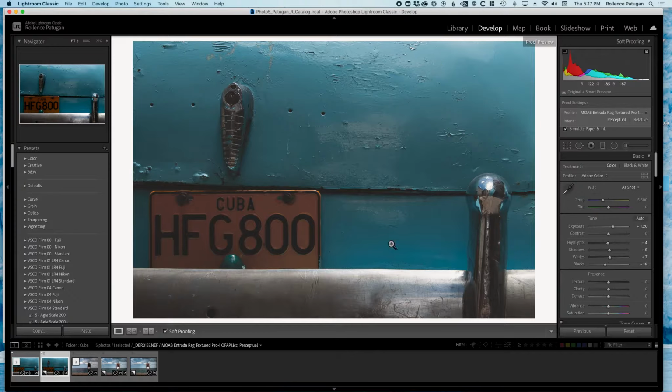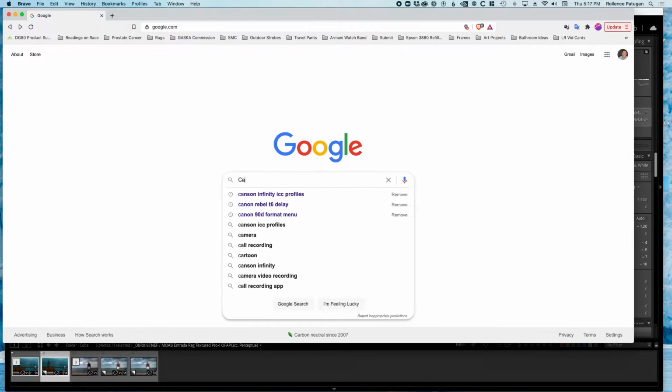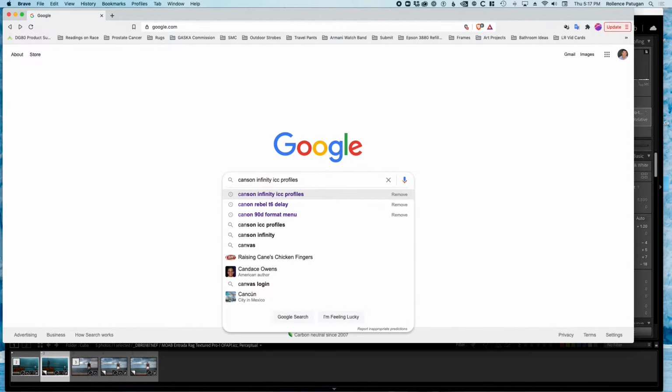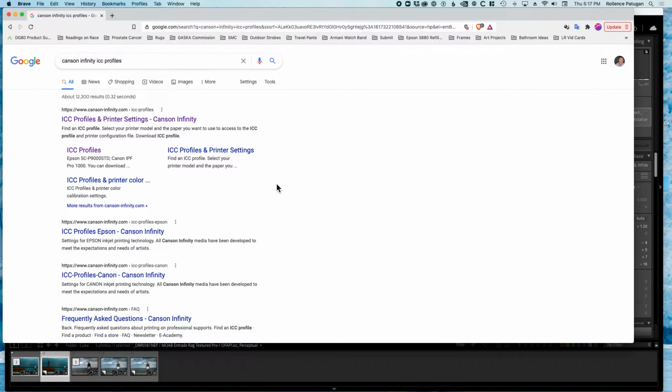I'm going to go to the internet, and I'm going to go to this Canson Infinity ICC Profiles search. Canson is the brand of the paper. Infinity is their paper line, and I'm searching for any other ICC profiles within their Infinity papers. And it takes me to this results set, and one of the links is the ICC profiles link on their webpage. So I'll click on that,